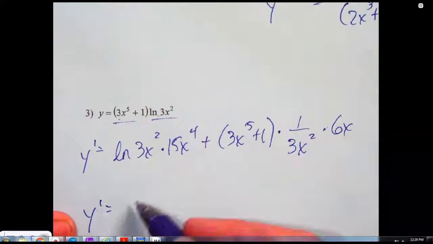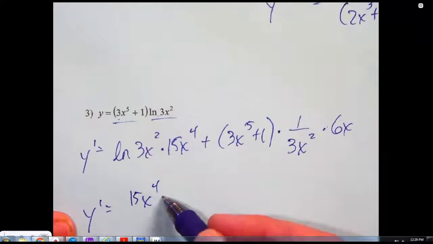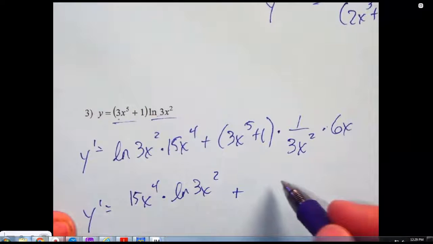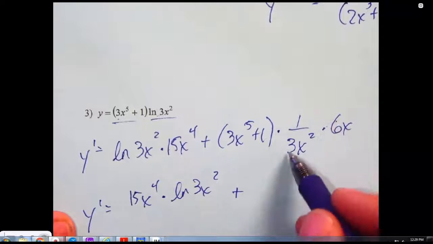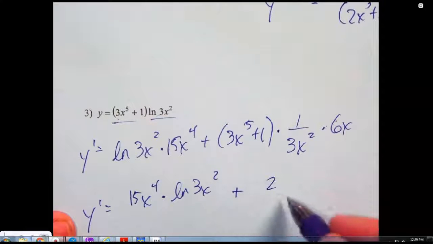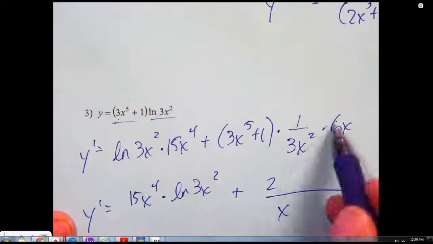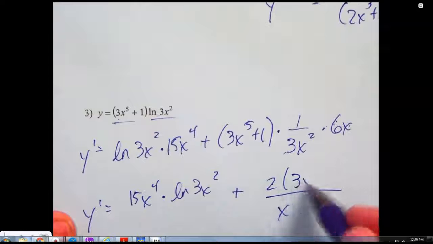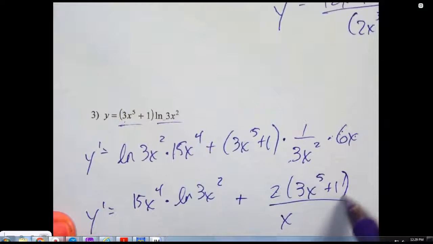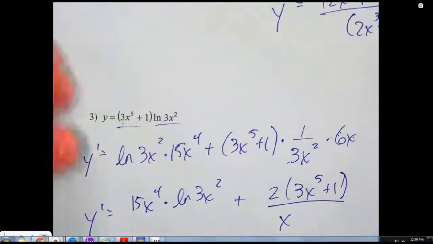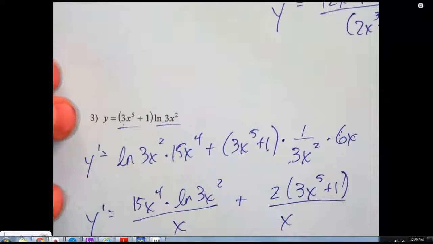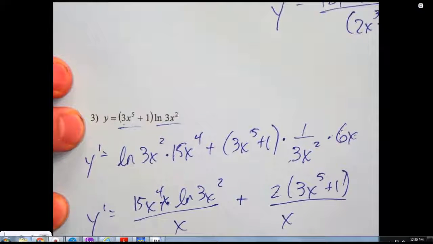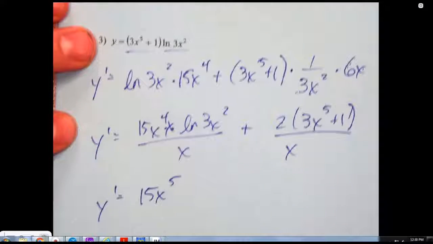So that gives me a fraction, which means I'm going to have to do some common denominator work here in a second. This I would simplify and say that's a 2 on top and an x on the bottom. So 6 divided by 3 is 2, x over x squared is x. And then you got the 3x to the 5th plus 1 on top also. And you need a common denominator to add these up, so I need to put an x here, which means I need to put an x up here, which will give me 15x to the 5th on top,